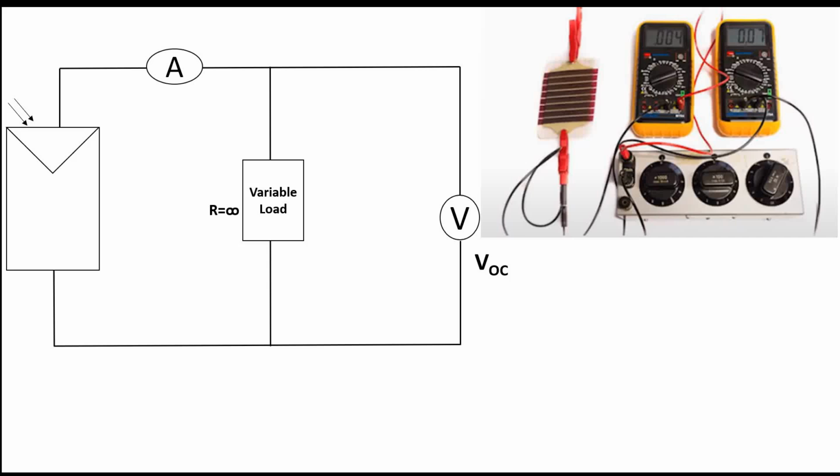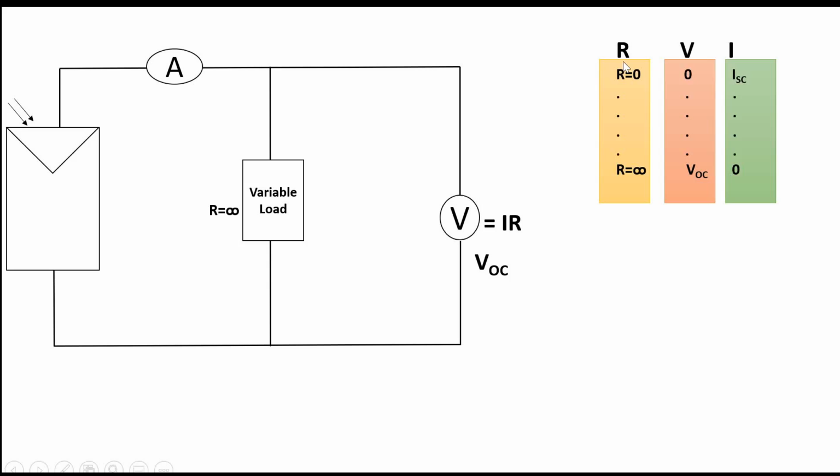So you can see when R equal to 0, V is 0 because V is I into R, and ISC is maximum, all the current is passing through. Then as you increase the resistance by varying this load, some mid values come, and then R equal to infinite, VOC, the voltage, is maximum, and I is 0. Okay, so voltage is increasing and current is decreasing. If you plot this curve, you will get points like this, where VOC is increasing and current is decreasing with different loads, or with output impedance load,